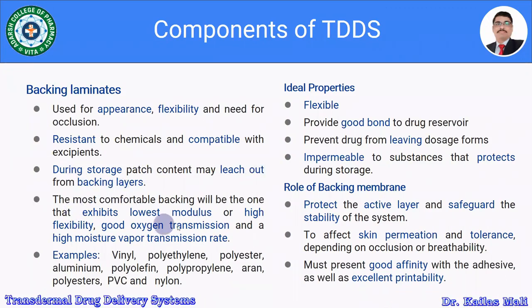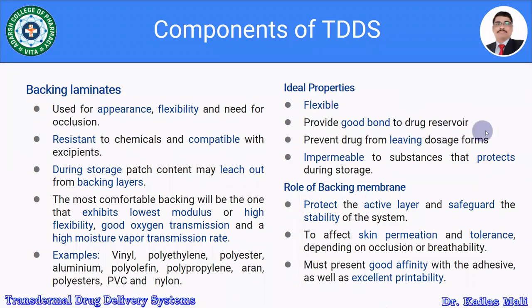The most comfortable backing will be the one that exhibits lowest modulus or high flexibility, good oxygen transmission, and a high moisture vapor transmission rate. The polymers which are used to prepare the backing laminates are vinyl, polyethylene, polyester, aluminum, polyolefin, polypropylene, aran, polyesters, PVC, and the nylon. So whatever backing laminates we are using, it should be flexible, it should provide good bond